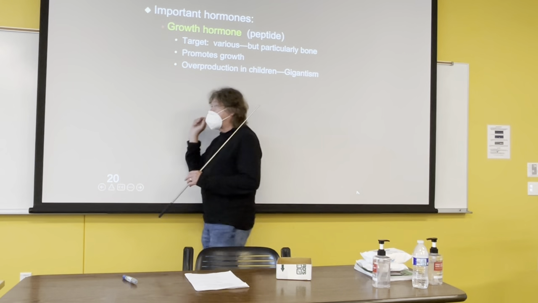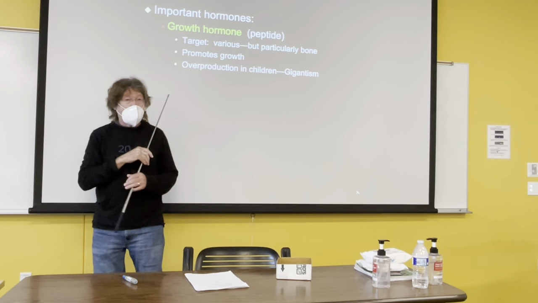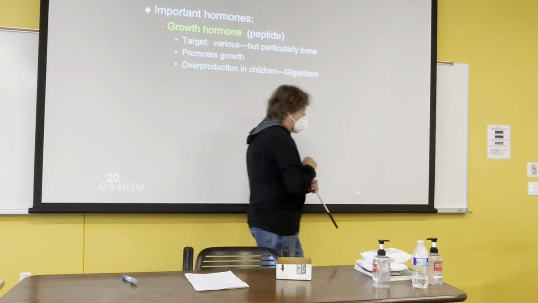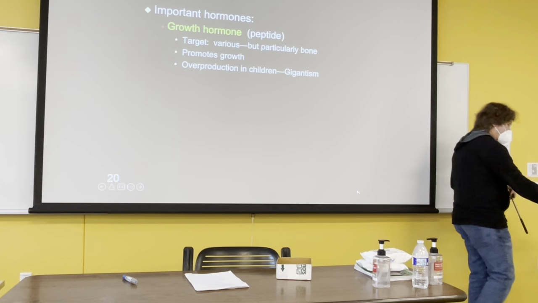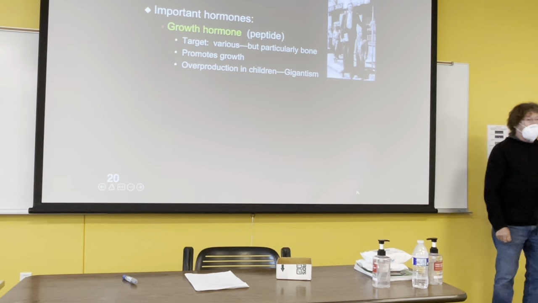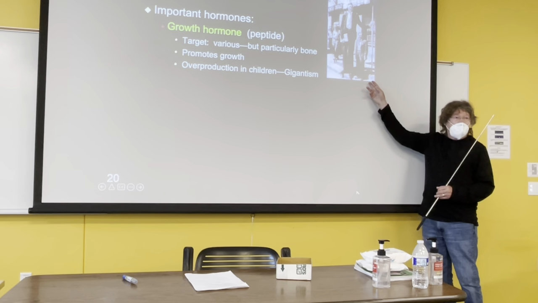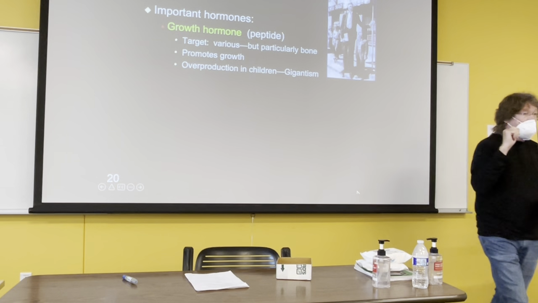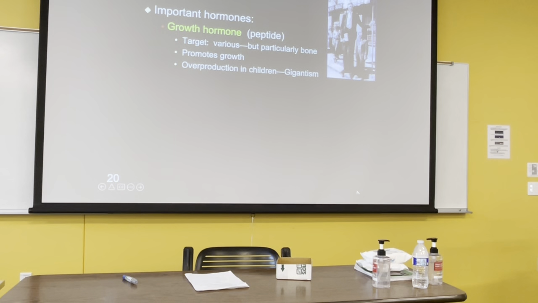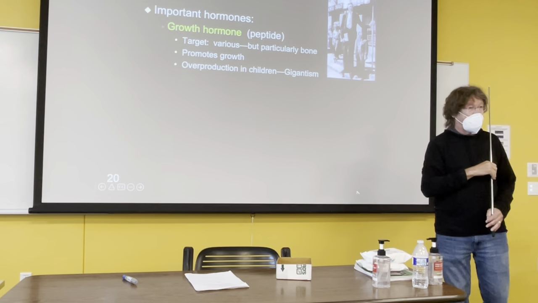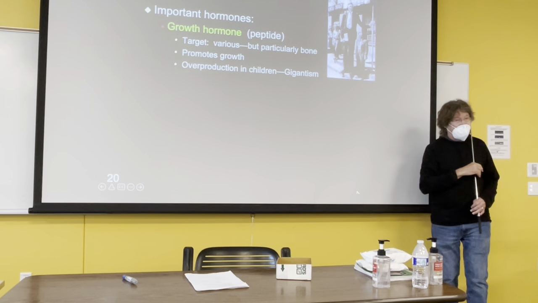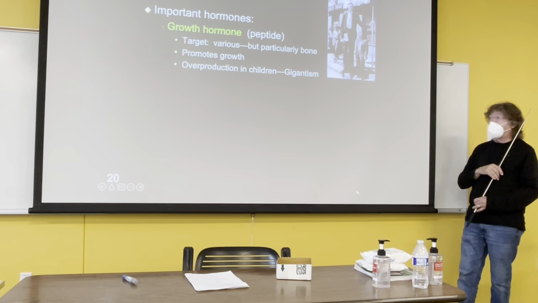Now what happens if there's damage to the pituitary in a child before they've reached maturity, and there's an overproduction of this hormone? You get gigantism, okay? They will grow to be very, very tall. All these people who are well over 7 foot tall or so have something wrong with them producing way too much growth hormone. Yes? Didn't Robert Wadlow have like a tumor somewhere then? Usually, yes. And that's a part of the area that's very hard to get to, underneath the brain, without causing a whole lot of damage. So tumors, yes, very often do that.